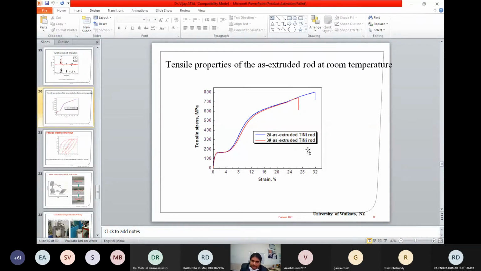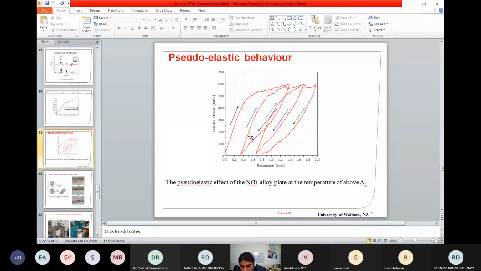And pseudo-elastic behavior is also observed at a temperature above the AF temperature of this material, which is around 80 degrees centigrade, in tensile testing. We have observed a pseudo-elastic type of behavior, where a hysteresis is observed with a slight residual strain in each cycle. So this shows this particular technique is promising in producing shape memory alloy with shape memory properties.